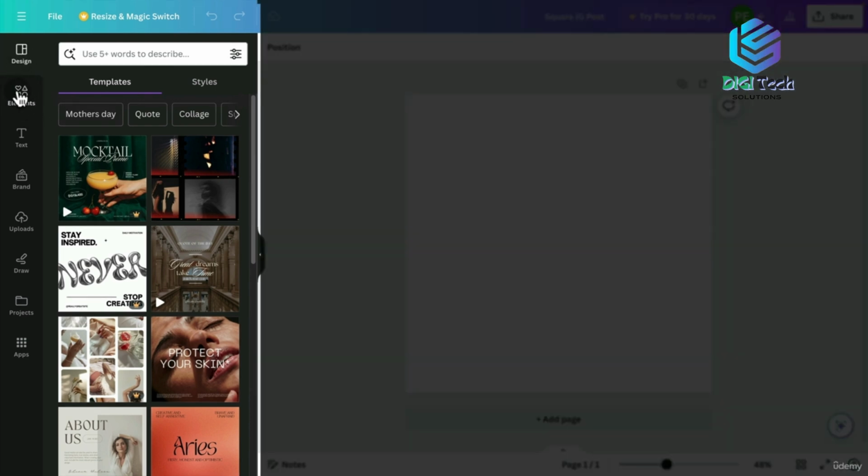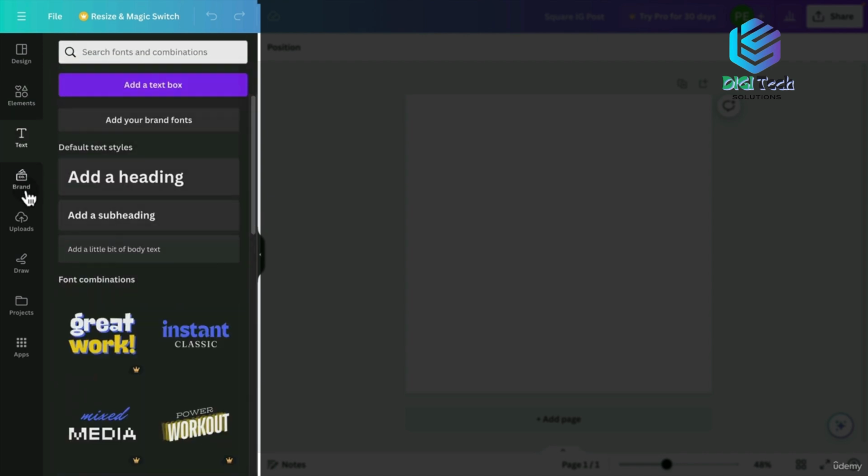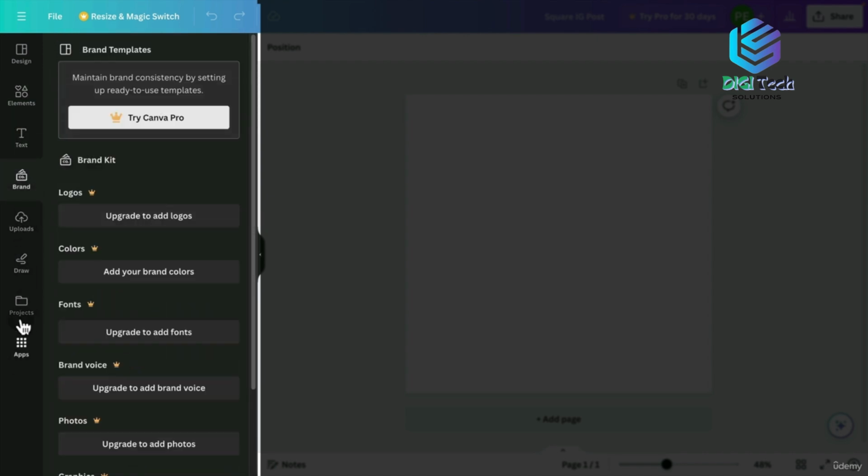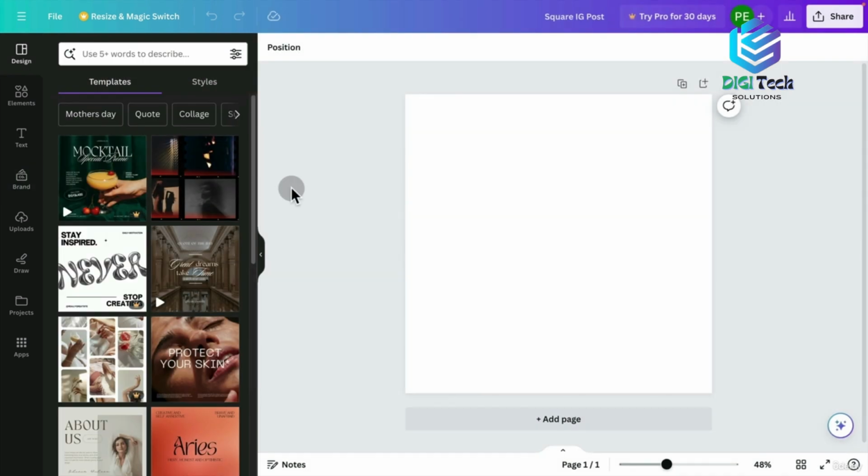So we have our design, elements, text, brand, uploads, draw, projects, apps, etc. There's so much here, and we're going to cover most of it in this class, but we're going to start with the most important things in this section. So let's just throw in a template for now,